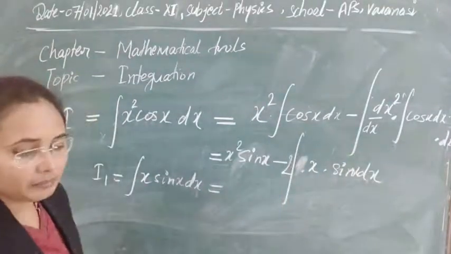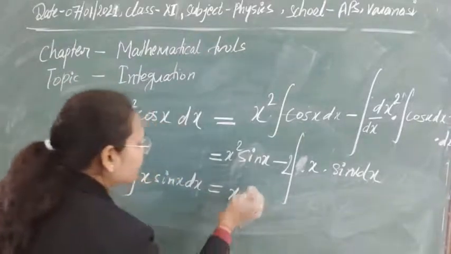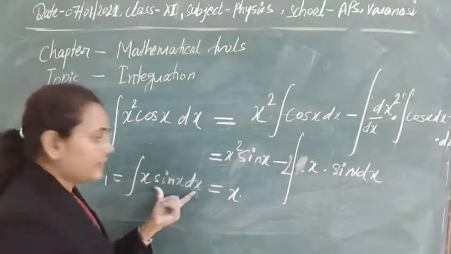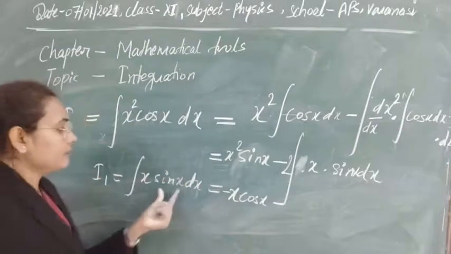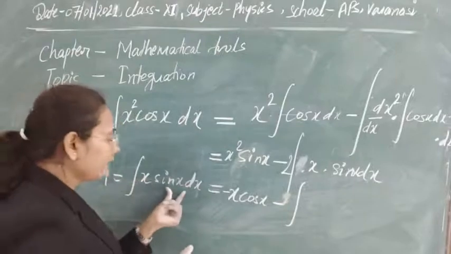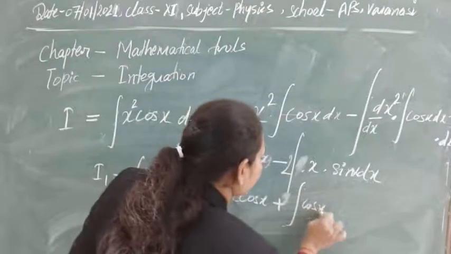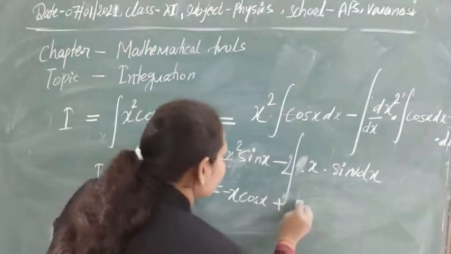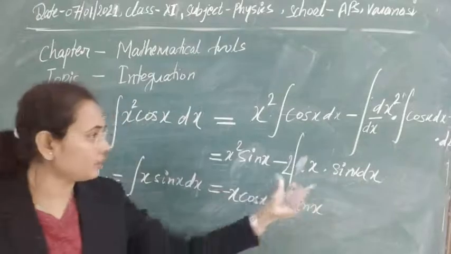So again to apply the by parts formula, take x as the first function. If you put x here, then you have to integrate sin x. If you integrate sin x, you will get minus of cos x. Again minus sign will be here, and differentiate this x, that will be 1. Integrate this sin x, that will be minus cos x. So finally you will get cos x dx. And again if you solve it, you will get sin x. So this is the integration that you have got for this.